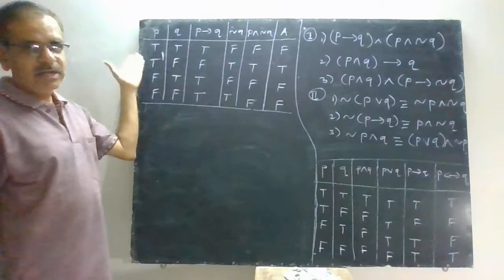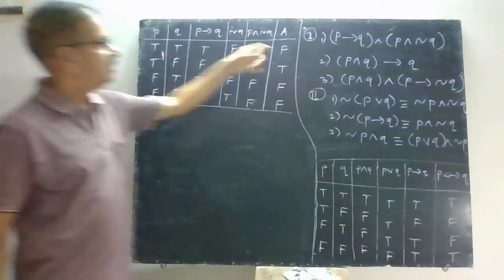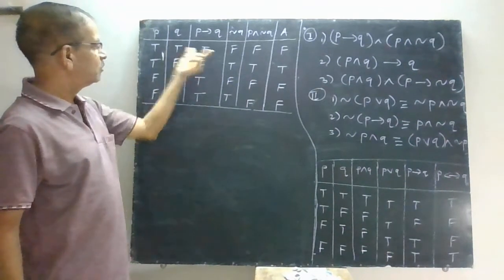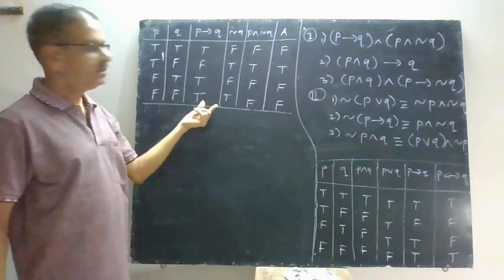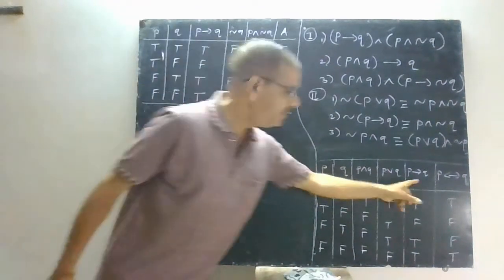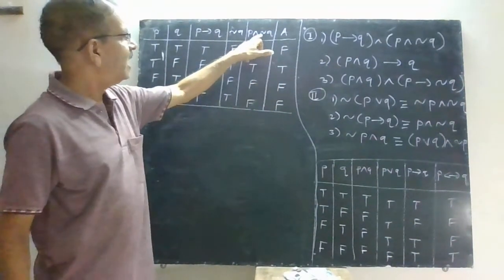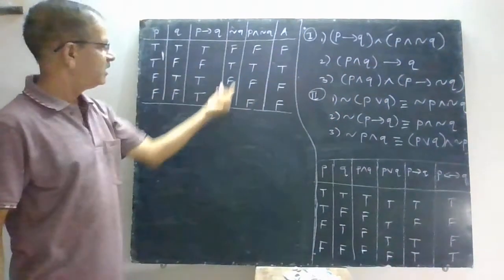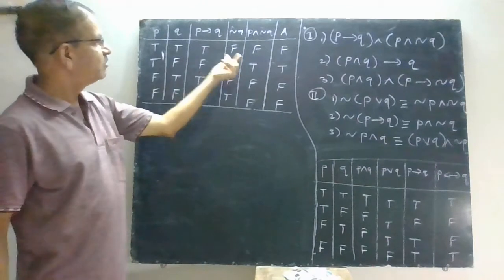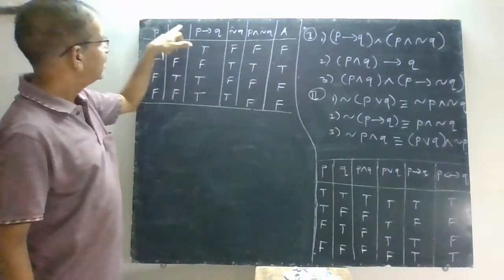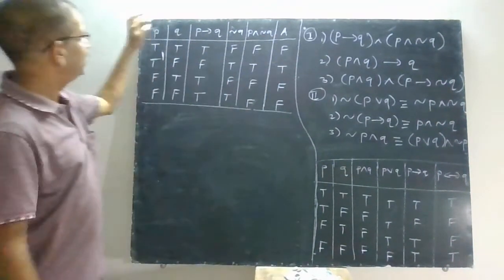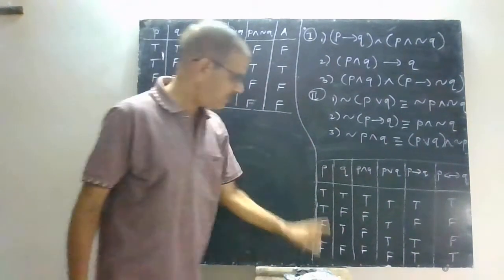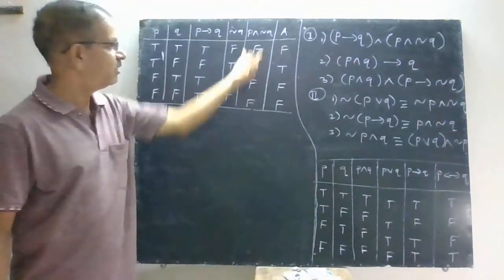Now it is having two statements P and Q. Then you can see this bracket, P implies Q. It is true, false, true, and true, using this P implies Q column. Then P and negation of Q. For this one you have to first prepare negation of Q. So this is negation of Q, reverse the values of this Q, and then P and negation of Q, that means P and this one. For AND, when both are true it is true, otherwise it is false, so we got these values.